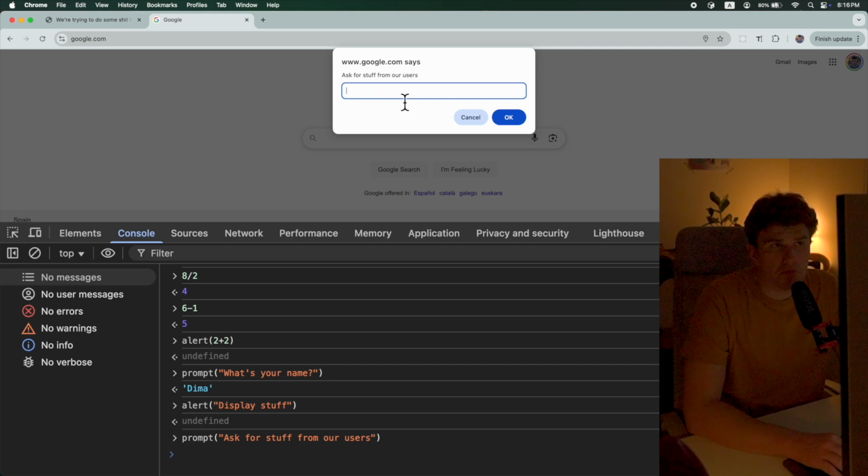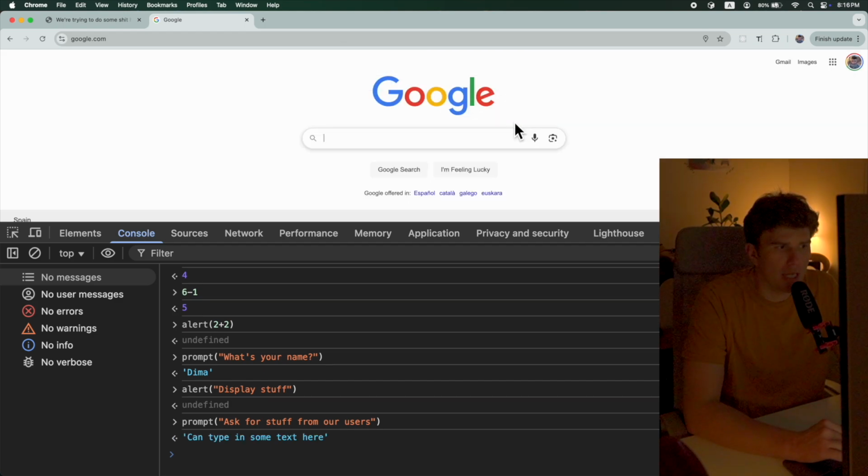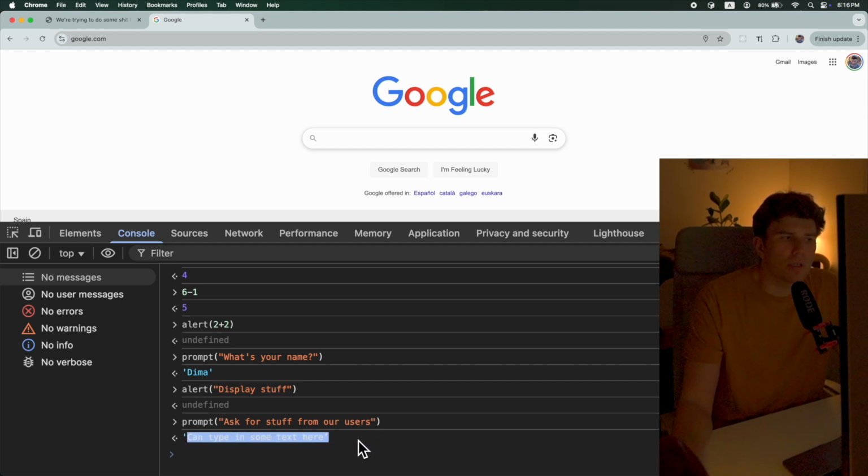And our users can type in some text here. And this text, if I press OK, we get this text, and the console, the developer tools, displays this text. Now this was a simple